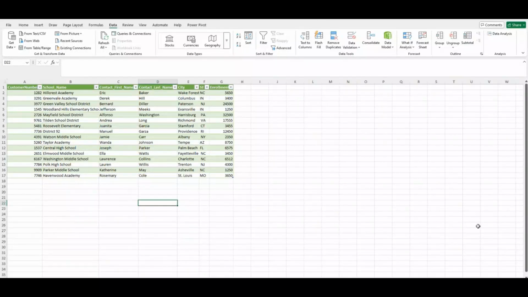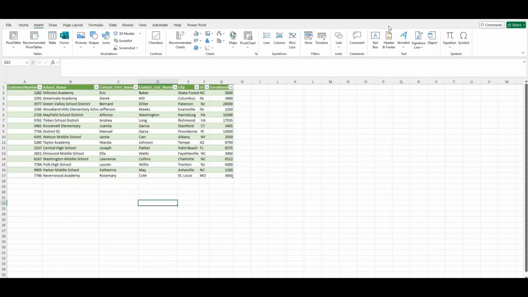Hello everyone. In this video, I'm going to tell you where did the option of 3D maps go in Excel. So if you remember in earlier version of Excel, I guess in Microsoft Excel 2019, the option used to be in the insert section here. So when you go to insert, you would see the option of 3D maps in the tours section here on the right hand side. But now what has happened,